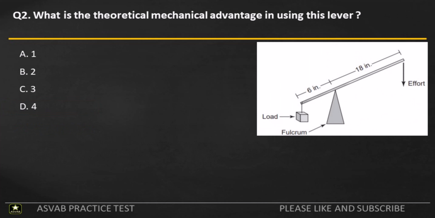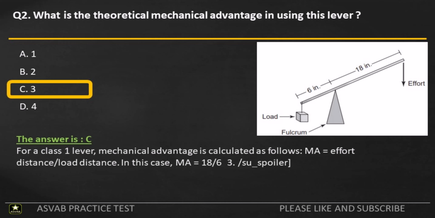Q2. What is the theoretical mechanical advantage in using this lever? A. 1. B. 2. C. 3. D. 4. The answer is C. For a Class 1 lever, mechanical advantage is calculated as follows: MA equals effort distance over load distance. In this case, MA equals